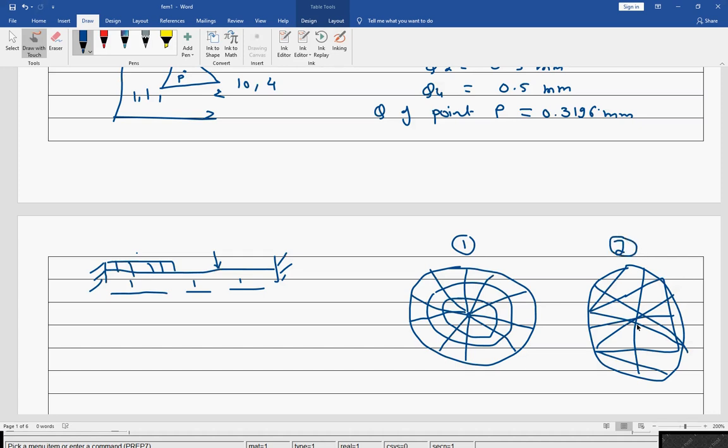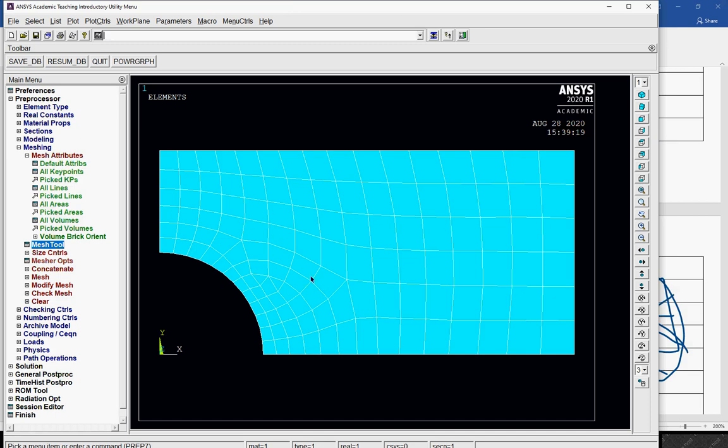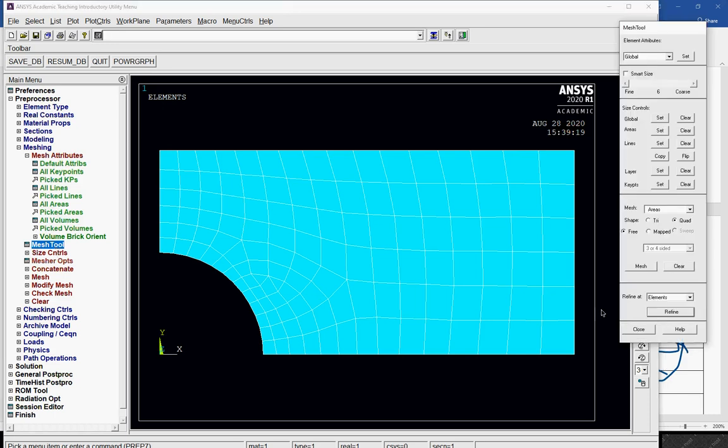You may have to go to several finer meshes and much more computation, and at that time you may be able to get it, but still not as good as mesh number 1. So that is what we want to try to do. Here in this case my mesh is not dictating that behavior, so therefore I go with the mesh tool.